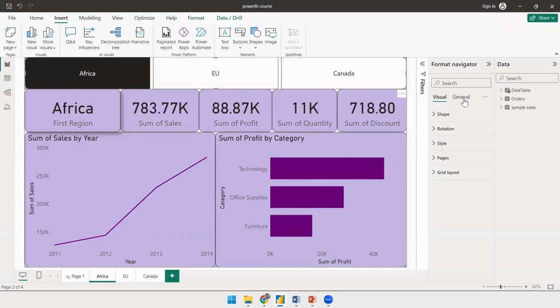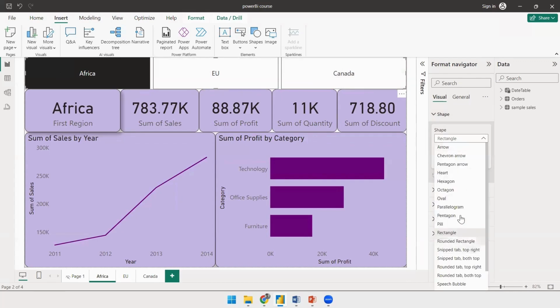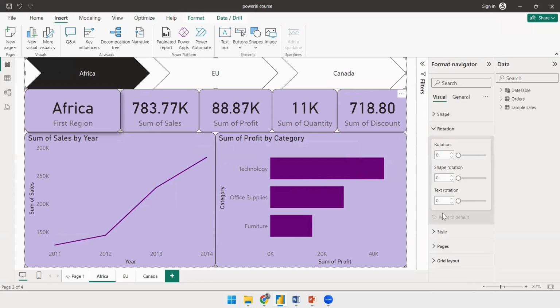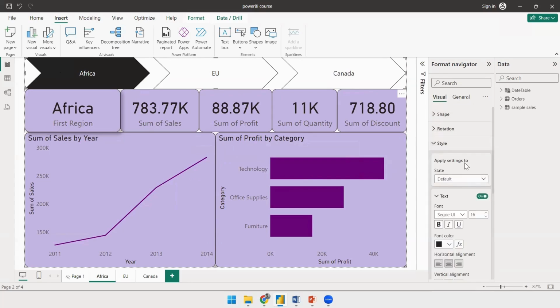For example, select this, and then you have the option of changing the shape. Here you can find multiple shapes. Let's say I want to make it the chevron arrow, so I can click on it. Then if you want to provide it rounded corners or any angle, you can also do that. If you want to provide any rotation,